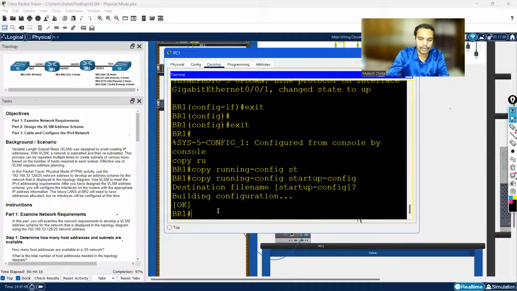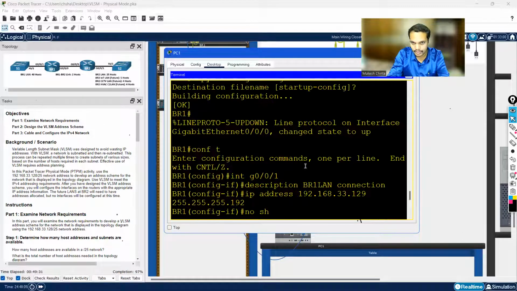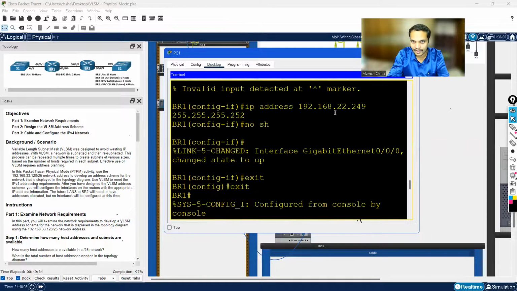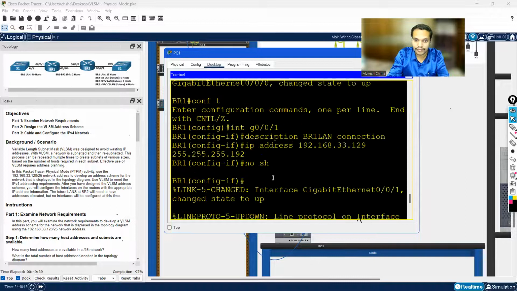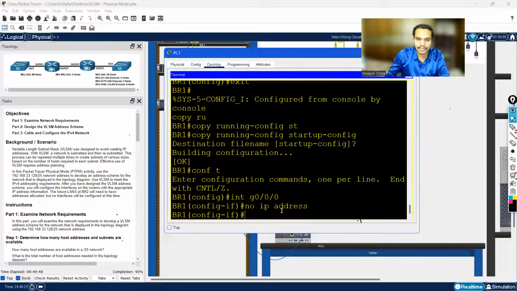Anyhow, you guys can also know what to do when you make a mistake, isn't it? So on BR1, let me go into the same interface where we made a mistake, Z0 by 0 by 0, go up. You can see this, isn't it? I just made a mistake where I have to type in 33, I typed in 22. For that reason, I need to first remove the IP address that I assigned. So no IP address. This will remove the IP address that we assigned to it. And now I freshly assign the IP address